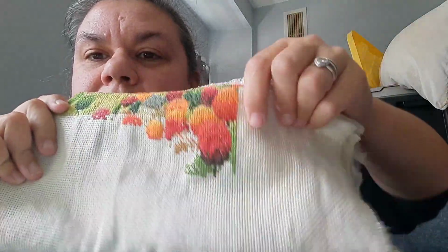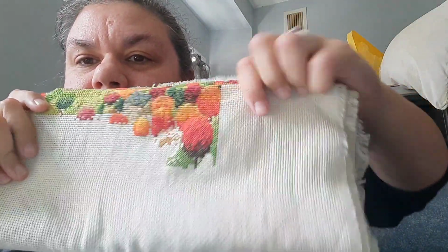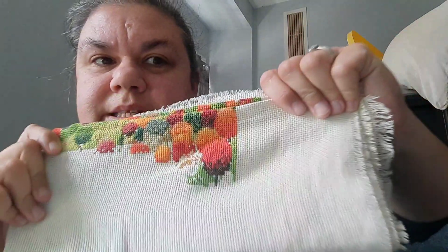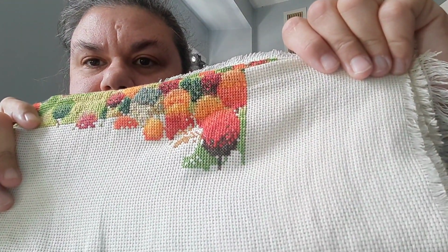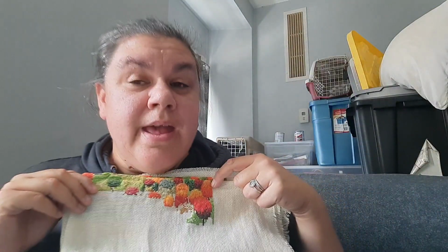Okay, so any of these green stitches, those are all new. This is the middle of the right hand side. A couple weeks ago, I was able to acquire all of the greens in this piece that I was missing. So I'm slowly just going in and filling in all of the green spaces that I have already missed, that I have moved on from stitching from. So that was a call for one of the days. This also was a call for one of the days, and it was a call yesterday. I didn't get to do it, so